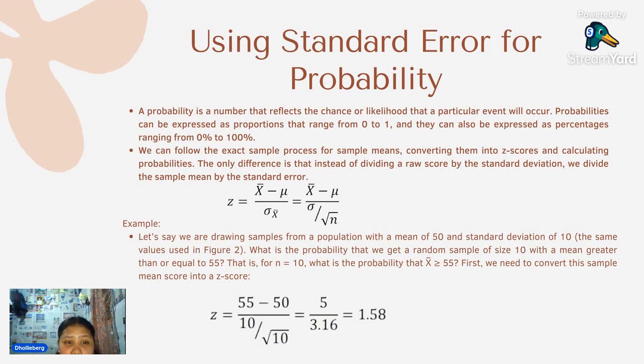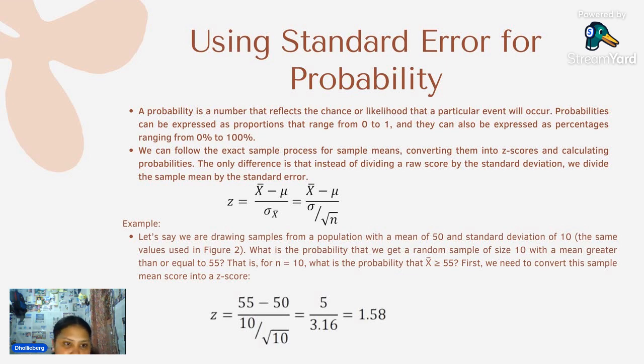We can follow the exact same process for sample means, converting them into z-scores and calculating probabilities. The only difference is that instead of dividing a raw score by the standard deviation, we divide the sample mean by the standard error. So, this is the formula. Z is equal to the sample mean minus the population mean over the standard error, which equals the standard deviation divided by the square root of